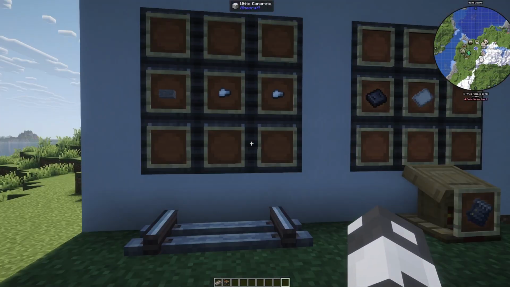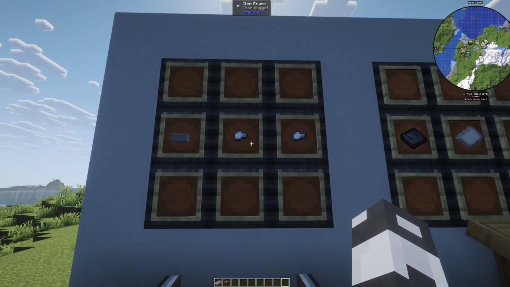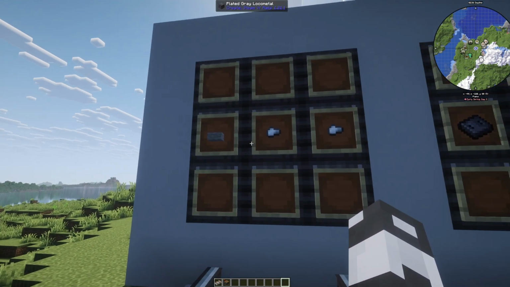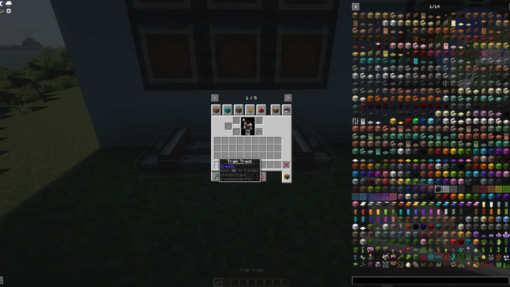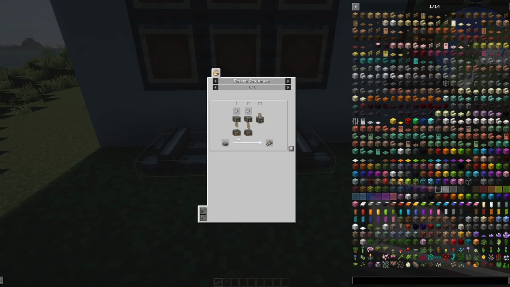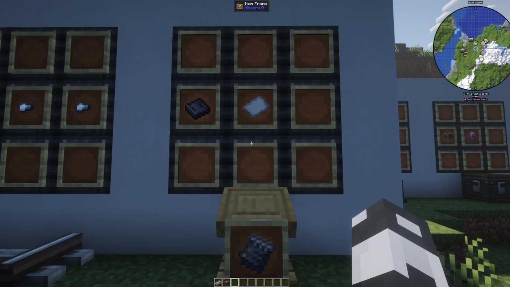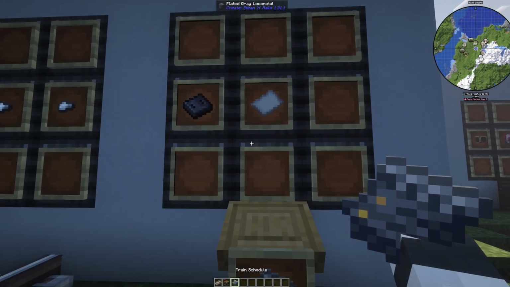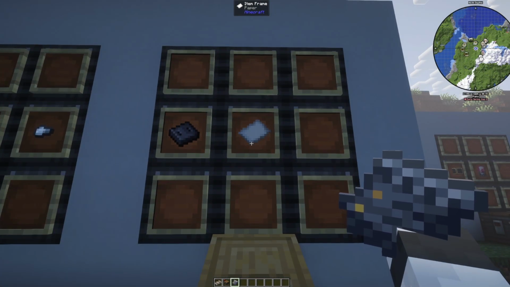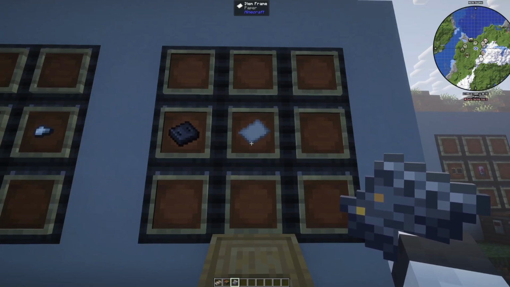First of all, we need some tracks. Tracks are kind of simple, they just need a slab and some iron nuggets. They are made just by pressing and deploying the nuggets onto the slab to produce one train track. So it's quite simple, it's really cheap. The second part is a train schedule. A train schedule is used within a train to determine on which points the train should stop or leave, or